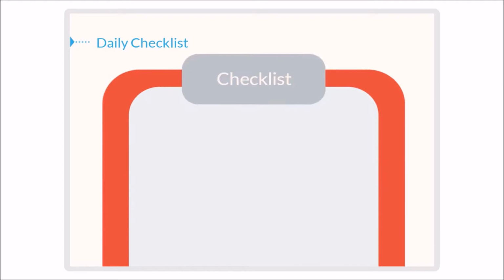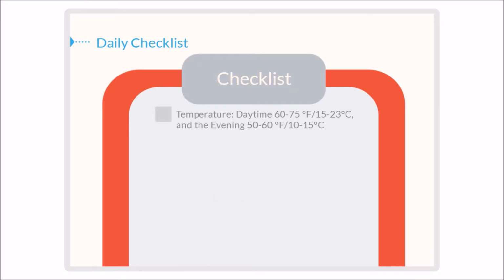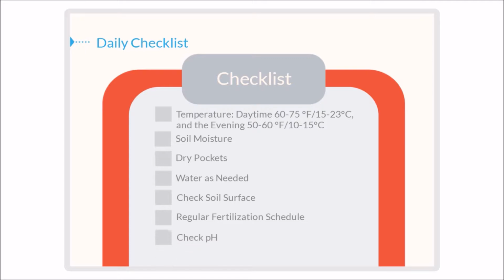Daily checklist. Your daily tasks checklist: air ventilation, air circulation, water pump, water heater, humidifier, dehumidifier, filters and deodorizers, humidity between 40 to 50%. Temperature: daytime 60 to 75 degrees Fahrenheit, 15 to 23 degrees Celsius, and evening 50 to 60 degrees Fahrenheit, 10 to 15 degrees Celsius. Soil moisture, dry pockets, water as needed, check soil surface, regular fertilization schedule, check pH, check ppm,